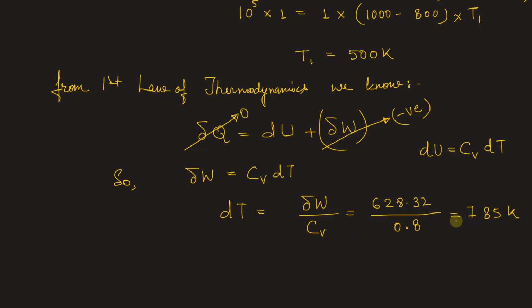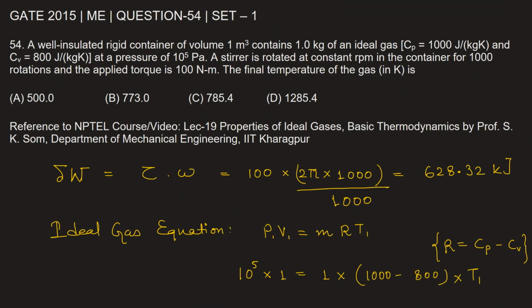Since we know the temperature difference, this is T2 minus T1. So T2 minus T1, we have got 785 Kelvin, and we know the value of T1, so T2 will be 785 plus 500. So this will be equal to 1285 Kelvin. So from here we can say that option D is the correct choice,